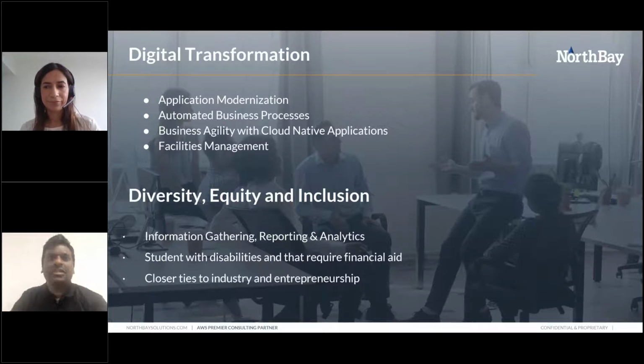Now the newer versions are happening, they're not even called versions anymore. There are so many changes happening day in and day out, where it has become part of the process, where you see these new features pop up and you don't even realize it. You're taking away this whole concept of patching and making sure, because automated testing and everything works as expected. So these things are key for agility, and this is what the educational institutions are looking for.